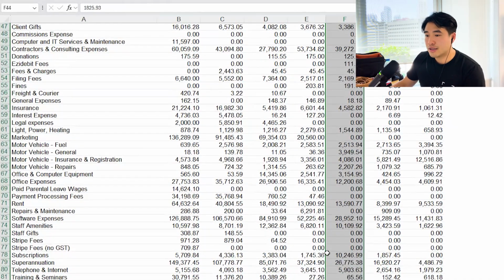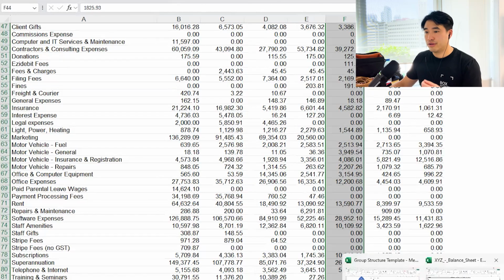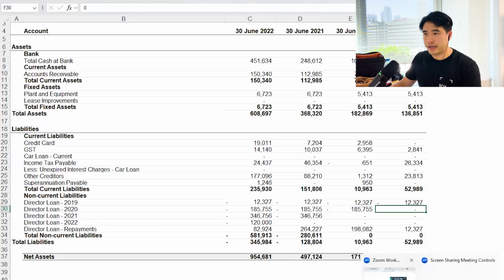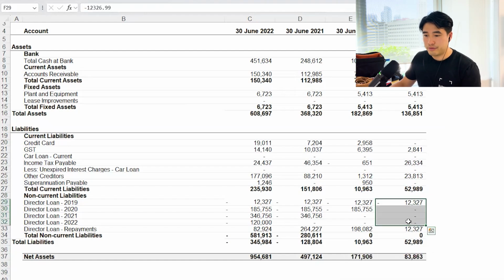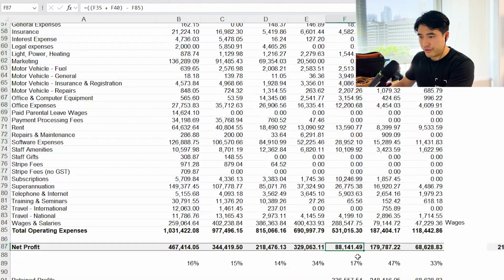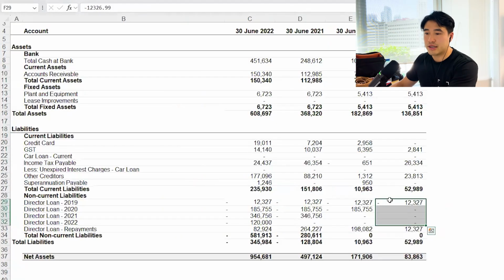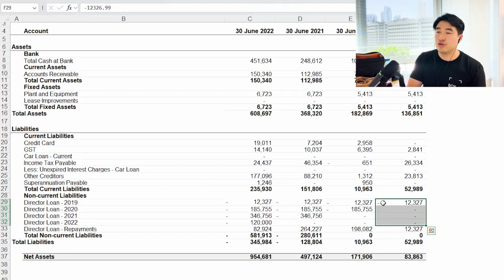So there are a few ways. That's why we meet around April, May, and June. We usually send you an email and say, you've taken zero money out of the company, but you've made a profit of X amount. So say you've taken nothing out and you made a profit of $88,000. Then we say, okay, you can take up a wage or you take up a dividend. It's up to you. Let's decide in April to June what you want to do with it. But if you don't do anything, your tax ends up being 25% of this. That's why in April and June we always make those decisions, because if you wait till 30th of June, it might be too late.